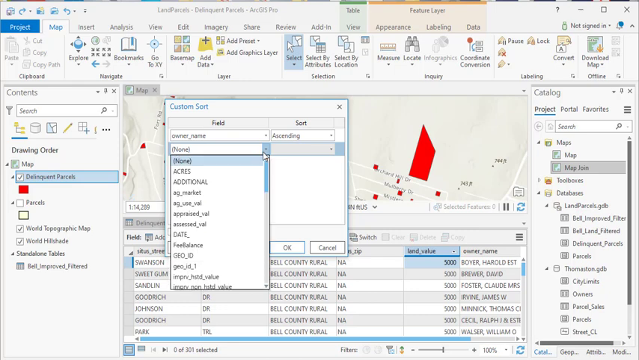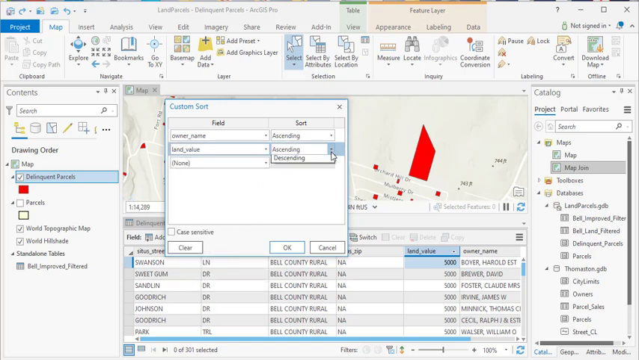And then we'll also sort on land value. Let me find the land value column, and we'll do that in descending order. So this is a custom sort that will first sort my data based on owner name in ascending order, and then on land value in descending order. What this will do is, if I have multiple instances of the same owner, it's going to, of course, order all your owners in ascending order. But if you have multiple records with the same name, it will then order the data based on land value